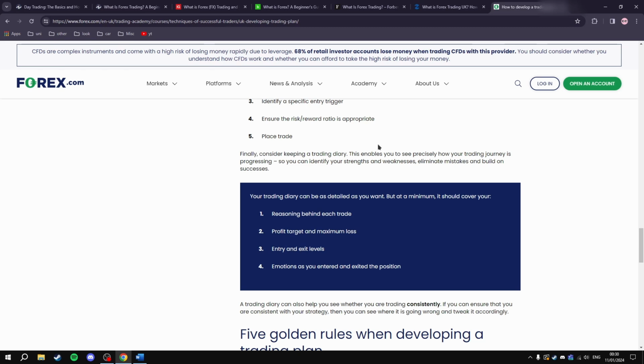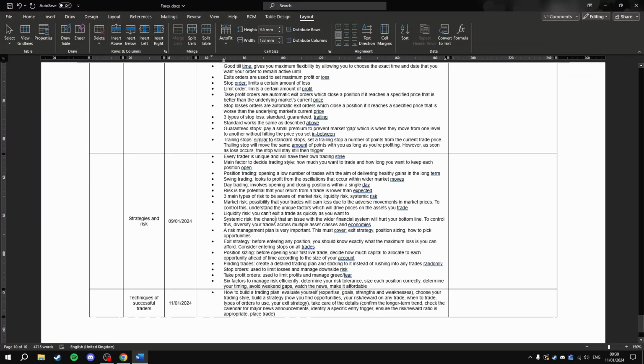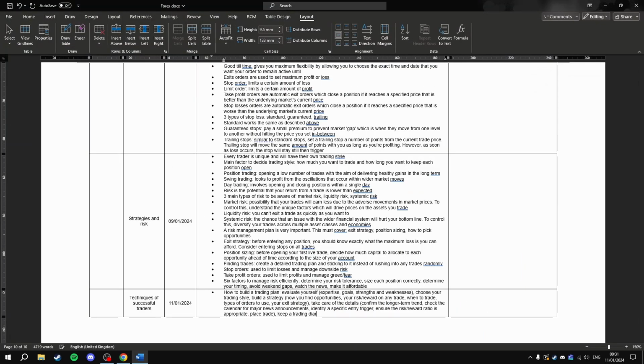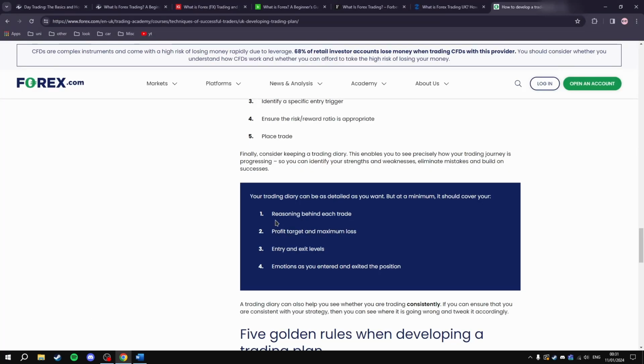Finally, consider keeping a trading diary. This enables you to see precisely how your trading journey is progressing, so you can identify your strengths and weaknesses, eliminate mistakes, and build on successes. Your trading diary can be as detailed as you want, but at minimum, it should cover your